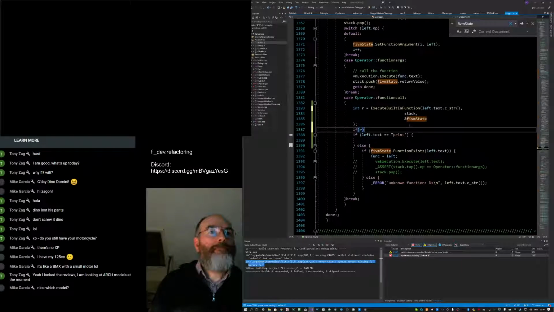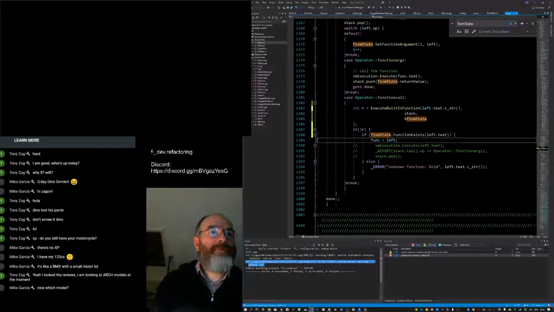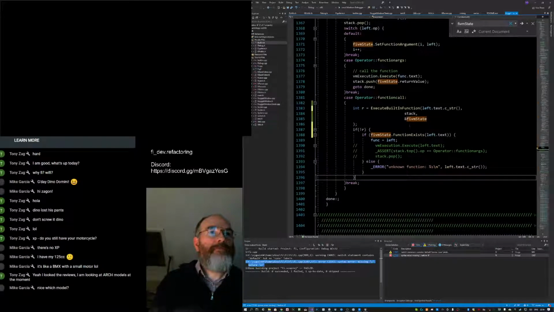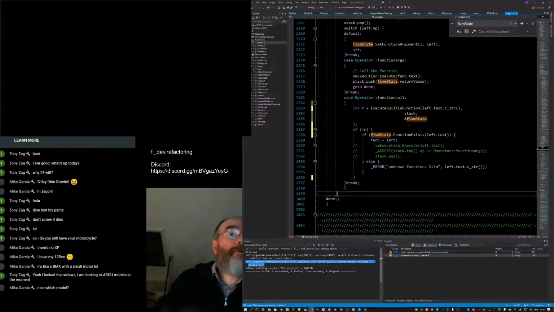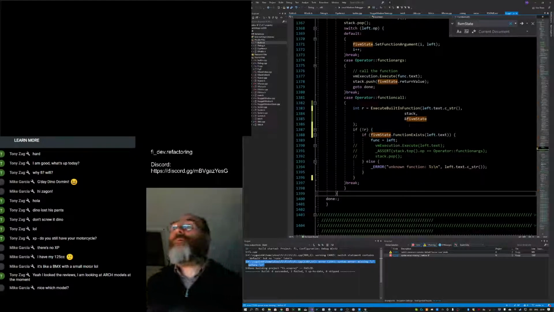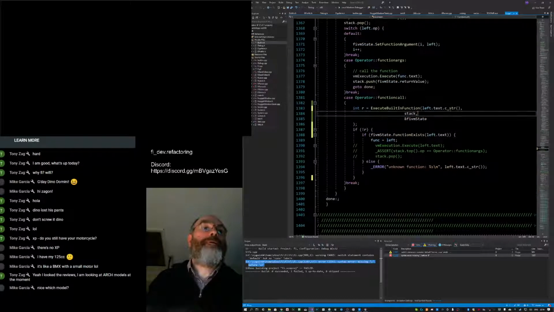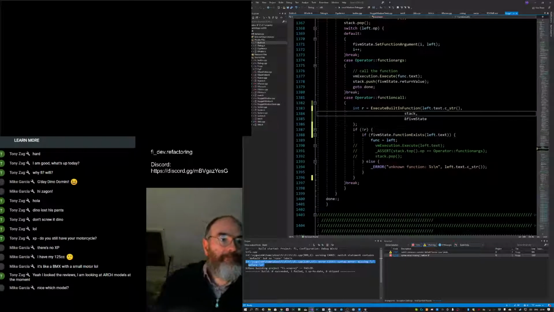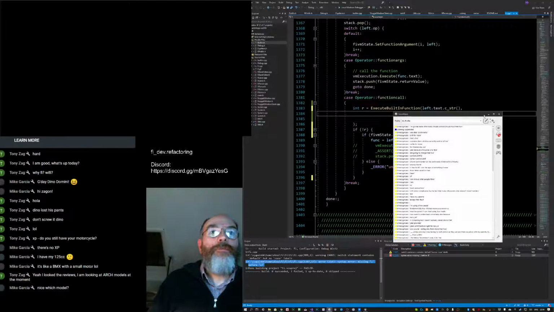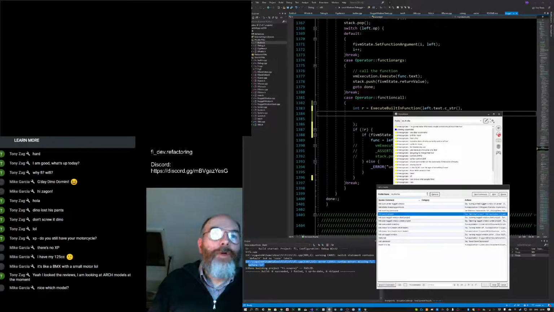If R, if not R, then it means it didn't find a built-in function, and so it's going to look for source code function instead. In theory, this should work fine. I'm going to add a new command for